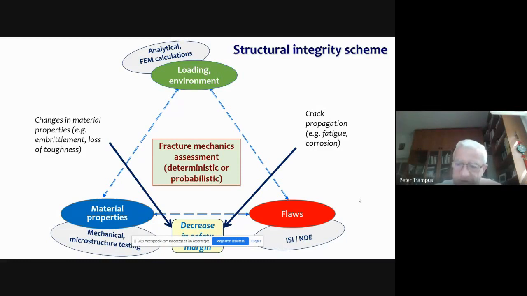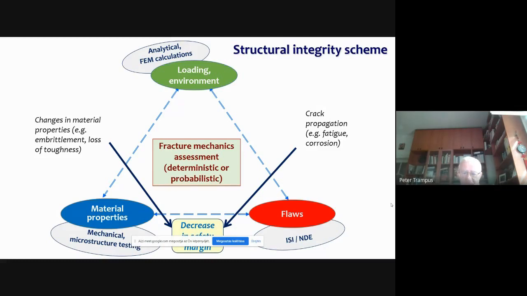Here comes the NDE, the non-destructive evaluation, and I put here also in-service inspection in the FFS type NDT. And this triangle is absolutely necessary to the structural integrity assessment.